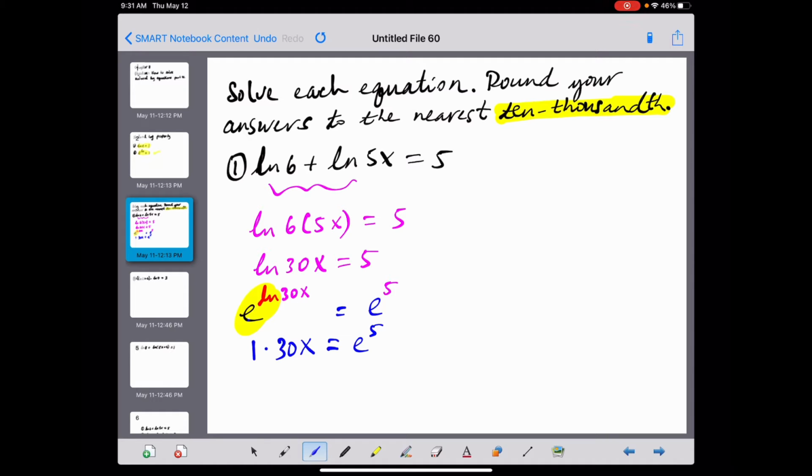In order to get e to the 5th, you have to press second and then the ln button, okay? So 1 times 30x is 30x equals e to the 5th, which in the calculator is 148.41316. And I want to divide that by 30. And your answer is going to come out approximately